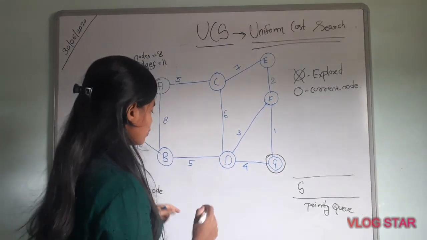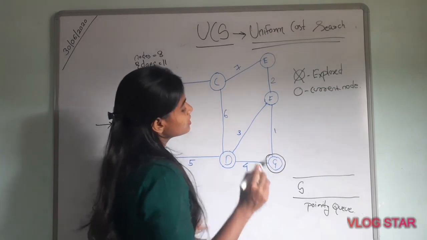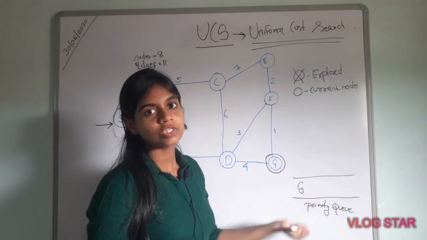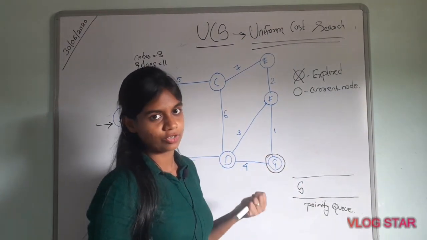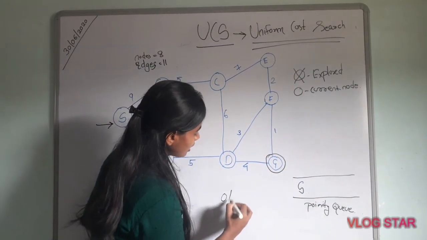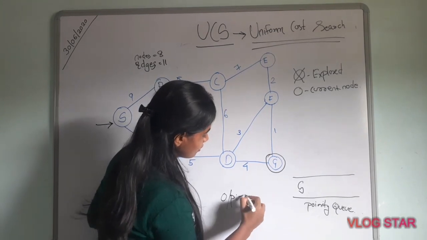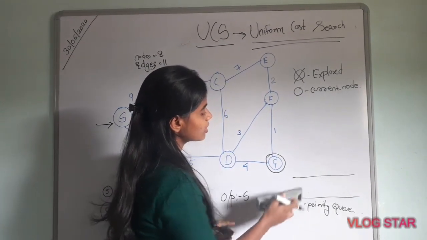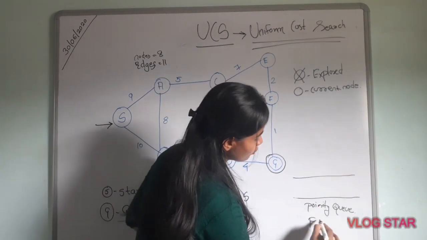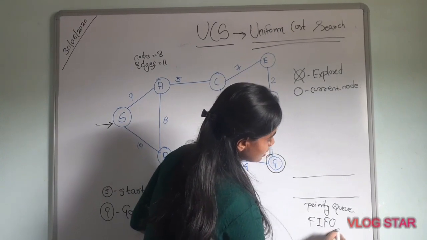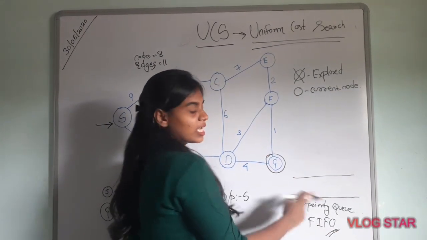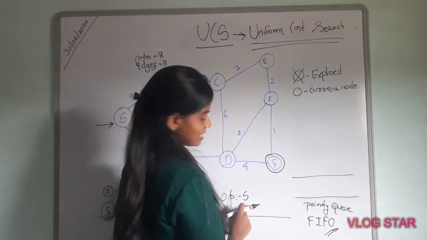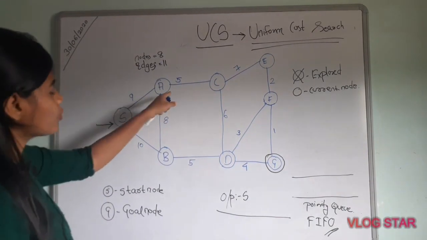I have told you that in BFS, whenever you insert into the queue, at the same time you have to dequeue so that you can get the output, because it is a one-step algorithm. So the output we get is S. We have to dequeue S, because the list we are using in the queue is a FIFO list, first in first out. Whichever element is enqueued first will be dequeued first. So our first output element is S, the initial node. Now S will go to A.